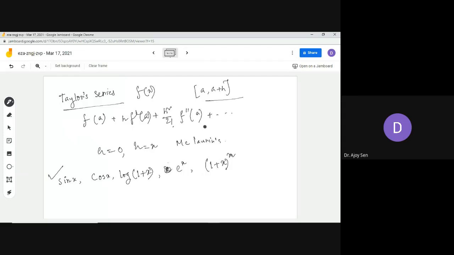It's a simple thing. So you can write it in a very simple way for these functions, and you check this. I think all these things are there in your book, or actually you have done this, but the thing which is not there, you might find in some books, and that is this remainder term.